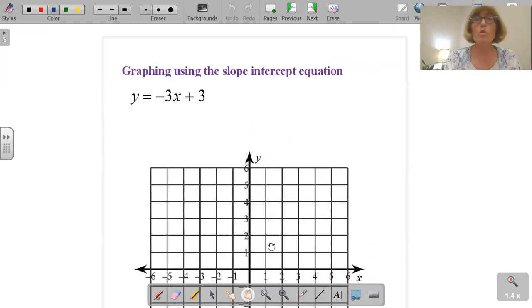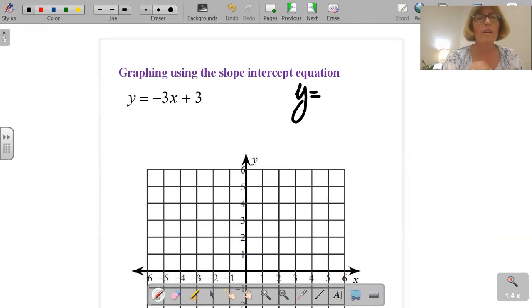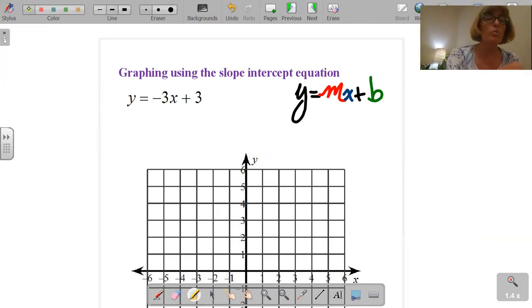Back to graphing using the slope-intercept equation of a line. Slope-intercept, you commonly know this as y equals mx plus b. B is the y-intercept. Step 1 is you make sure y is by itself, which we already have here. Step 2, we're going to write the equation right underneath it. Always write the equation right underneath it. Y equals